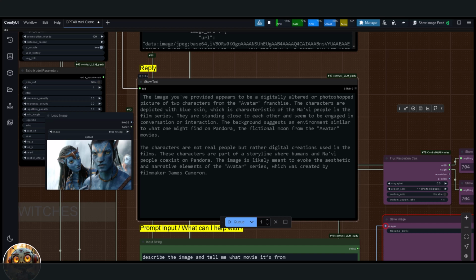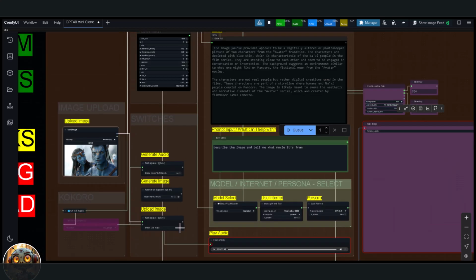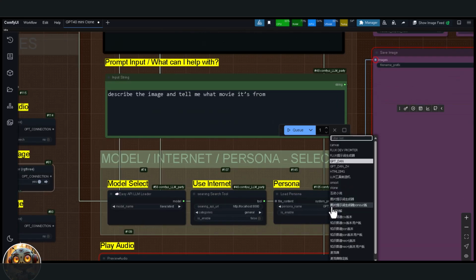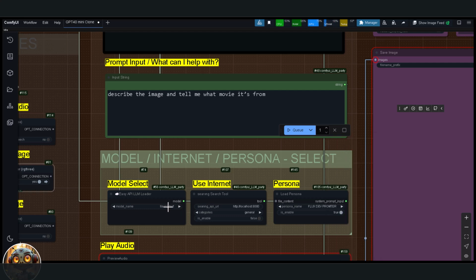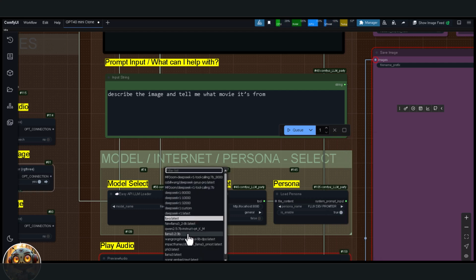This is more like it. The last thing I want to test is image generation. For this, I'll disable the image upload option and enable the generate image switch. I'll also activate the persona and change it to one I created myself, called Flux Dev Prompter. I'm going to keep the memory disabled, plus I'm going to change the model to Mistral, because I want a